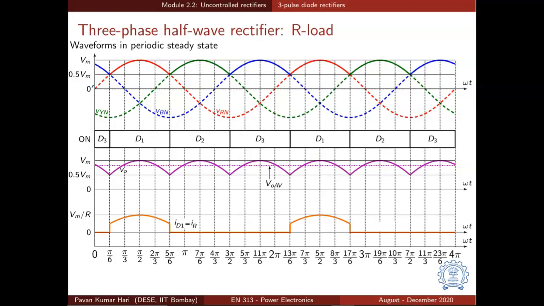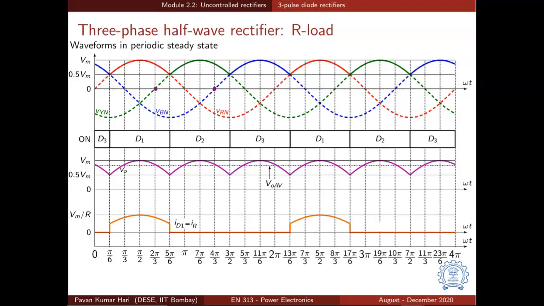And VYN lags VRN by 120 degrees. So the waveform of VYN has a positive 0 crossing 120 degrees after R phase. The waveform of VYN is shown in green color here. And what about VBN? VBN, which is shown in blue color, will have its positive 0 crossing after 120